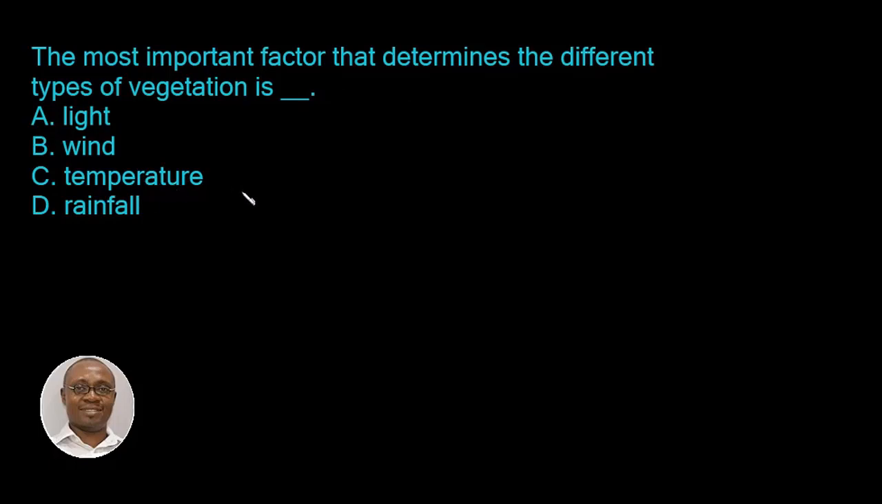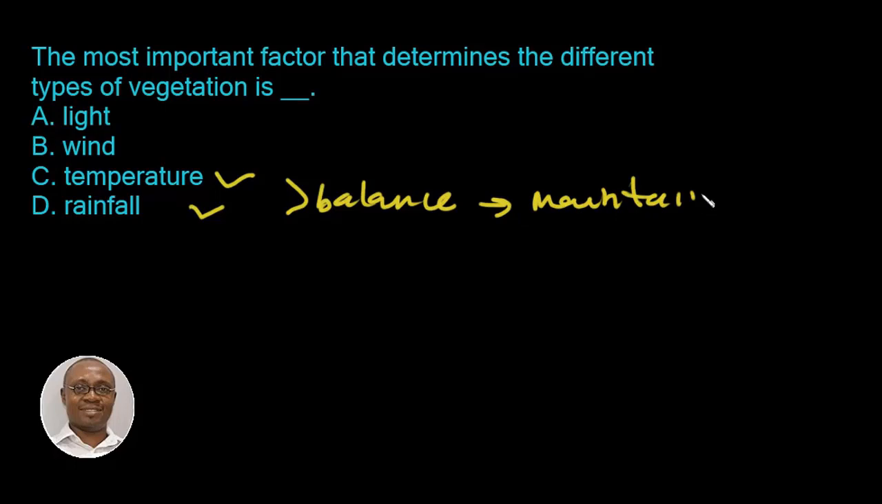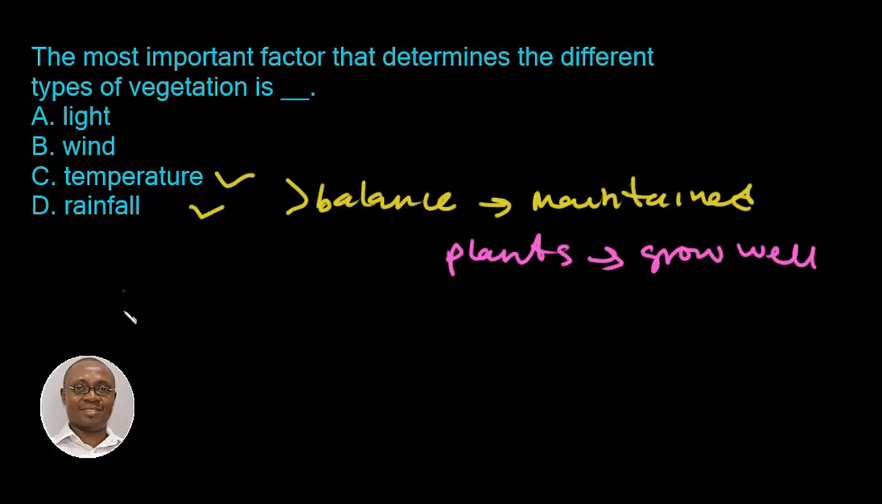But the most critical of these factors are temperature and rainfall. And a proper balance must be maintained between these two factors for plants to grow well. Alright? But rainfall supports a denser